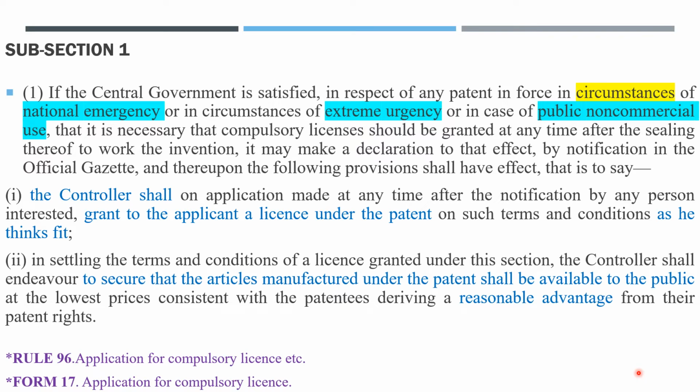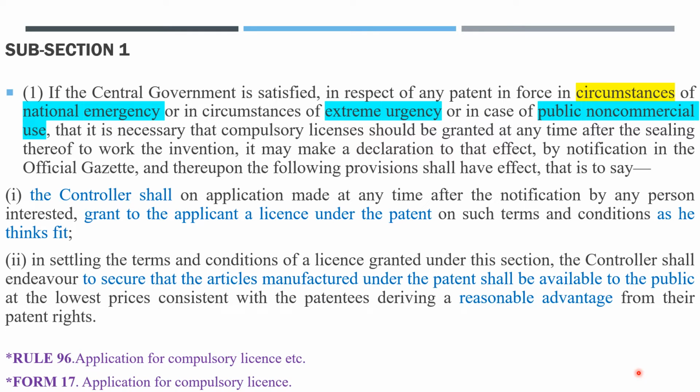In settling the terms and conditions of a license granted under this section, the controller shall endeavour to secure that the articles manufactured under the patent shall be available to the public at the lowest prices consistent with the patentees deriving a reasonable advantage from their patent rights. Okay, so friends, here I have written a relevant rule, that is rule number 96, whose title is